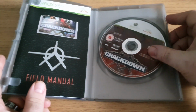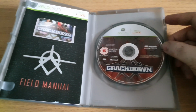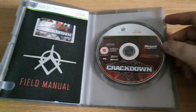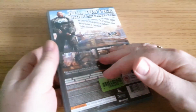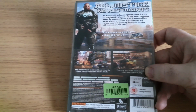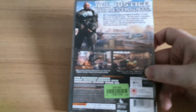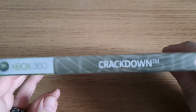In terms of the label, I've never played it before, but as with so many of these games, there's a lot of games I haven't played, to be fair. But yeah, this one was £1.50 as before, and it also has the manual. It looks like it must have originally come from a charity shop because it has a Gift Aid sticker on the back. I didn't even notice that before when I was sorting through all these. But yeah, it looks like it was originally 99p, so it was actually a lot more expensive